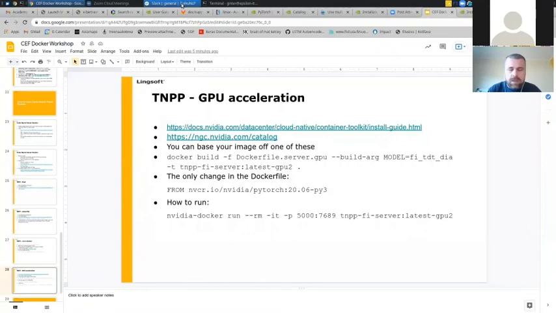Continue, and I just have a small example of how you can run the parser, which I showed in the previous session. How you can run it with GPU acceleration in Docker. So let me just share my screen, and